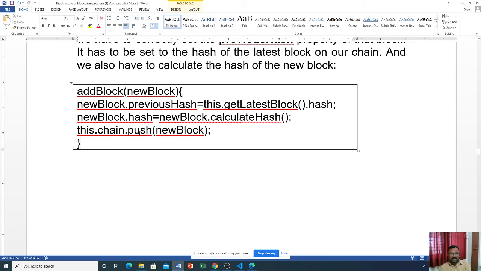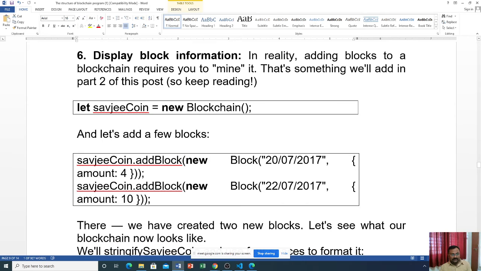And this.chain.push means this new block is added to that chain, so another block is added to the blockchain. To the block previously created as the genesis block, you can join another block, and the block has an amount of 4.